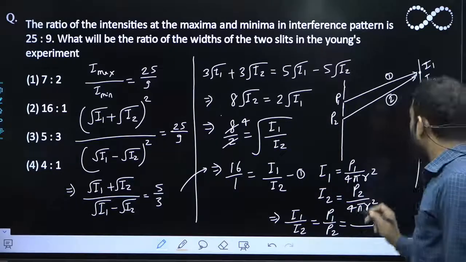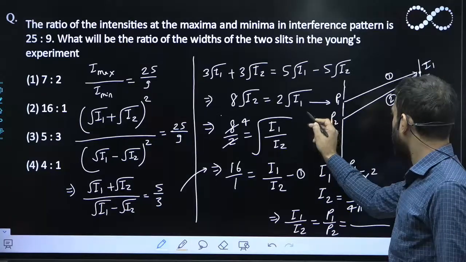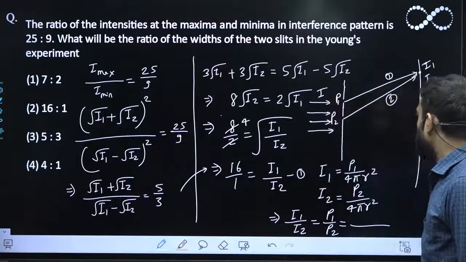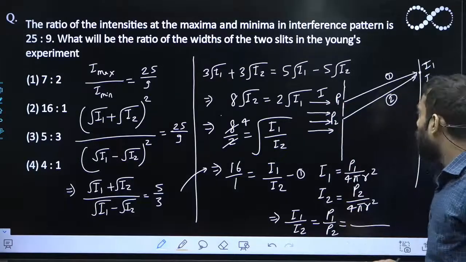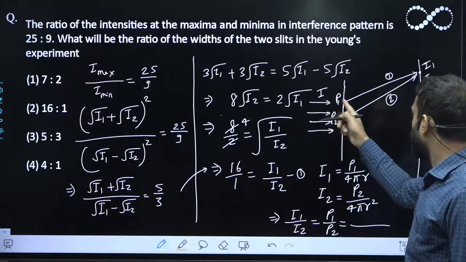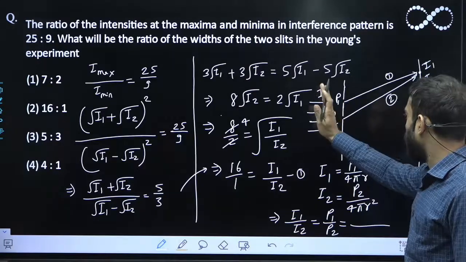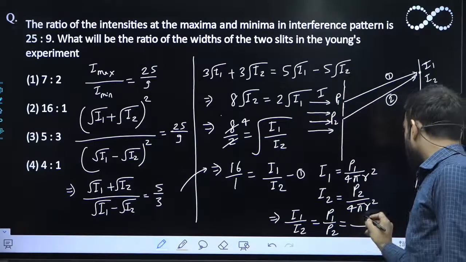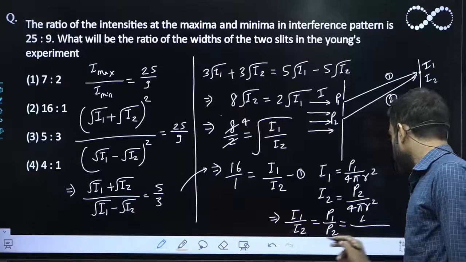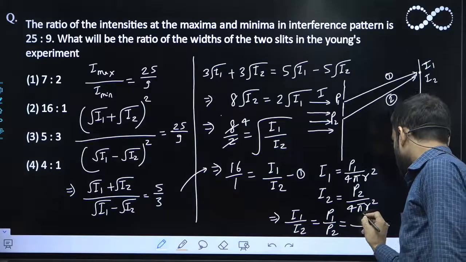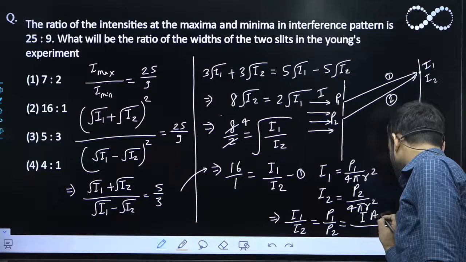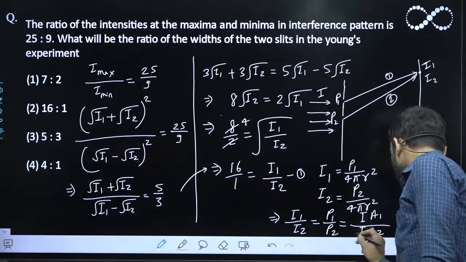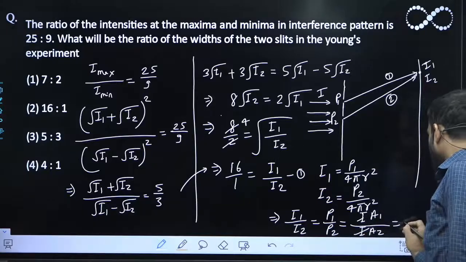The power P1 can be written like this: suppose the light is coming parallelly, and the intensity of light coming is I. So the power is equal to I A cos theta. Since the area vector and the direction of propagation of incoming light are in the same direction, the power is equal to I into A1, the area of this slit, and here it will be I into A2. So once again I will get cancelled out, and we will get A1 upon A2.